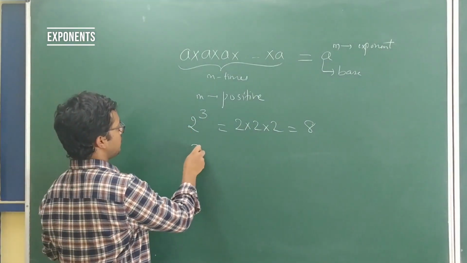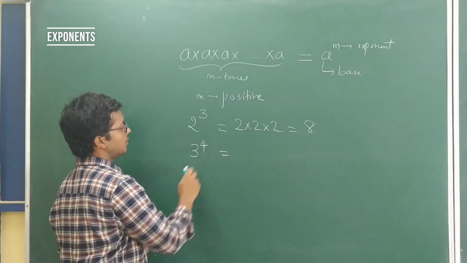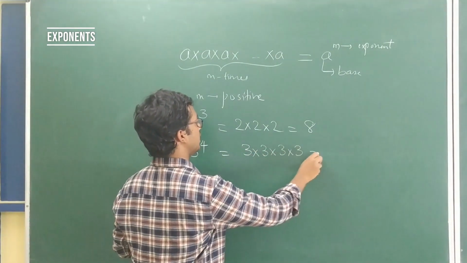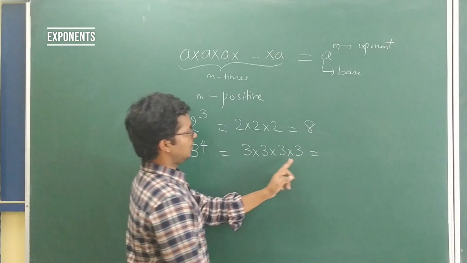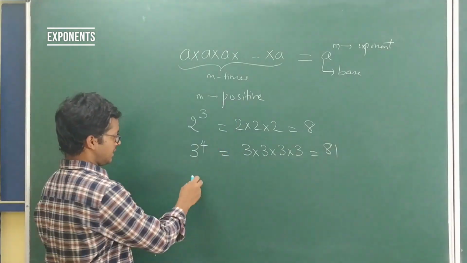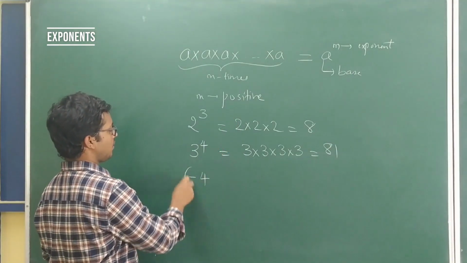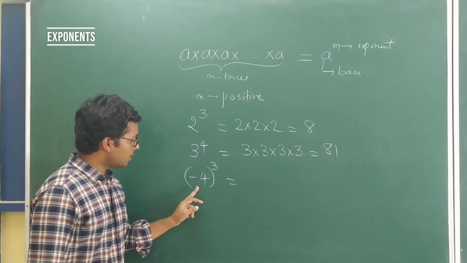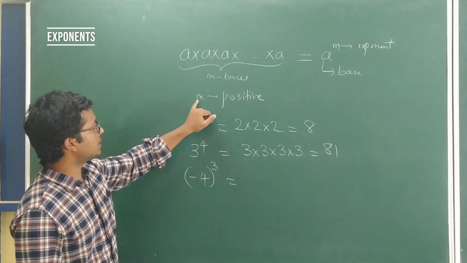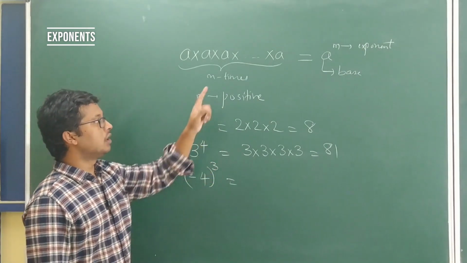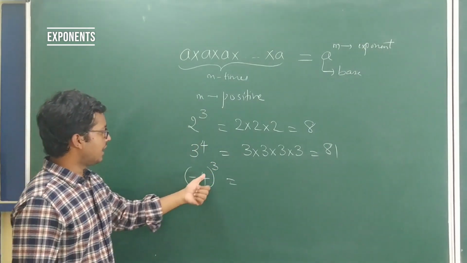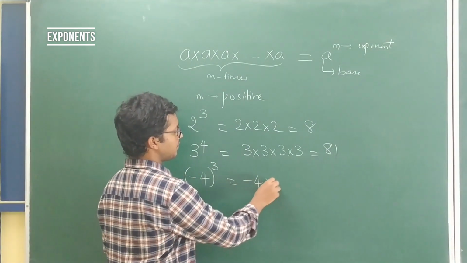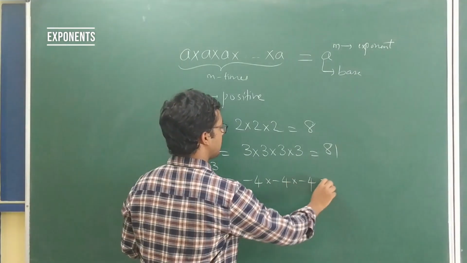Let's take one more example just for our sake. Let's say 3 raised to 4. So what would be 3 raised to 4? 3 into 3 into 3 into 3. So what would this be? 9 nines are 81. A can be anything, as I said. Well, let's take for example minus 4 raised to 3. So if it is minus 4 raised to 3, we are multiplying minus 4 three times. Please understand we are dealing only with m. We are not dealing with a. M I want to be positive and it is positive. So let's see what happens here. So it is minus 4 into minus 4 into minus 4.